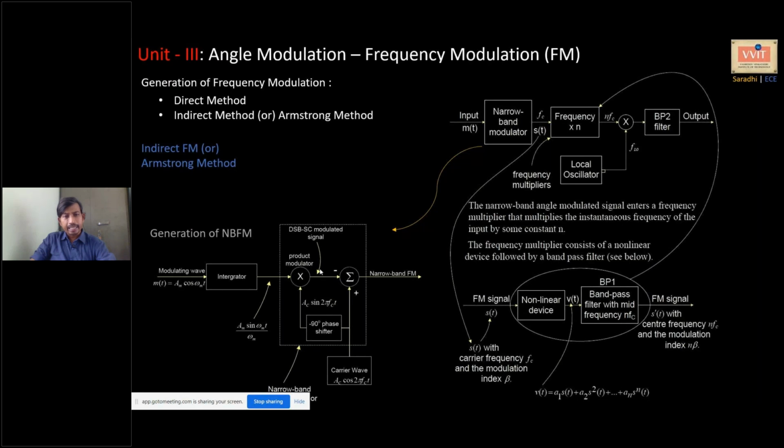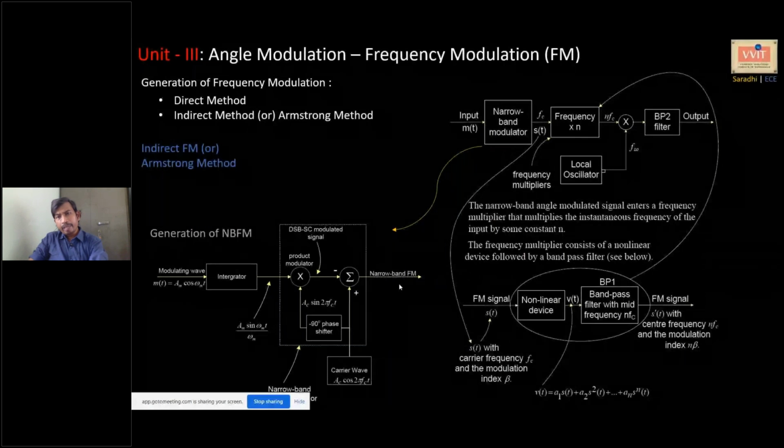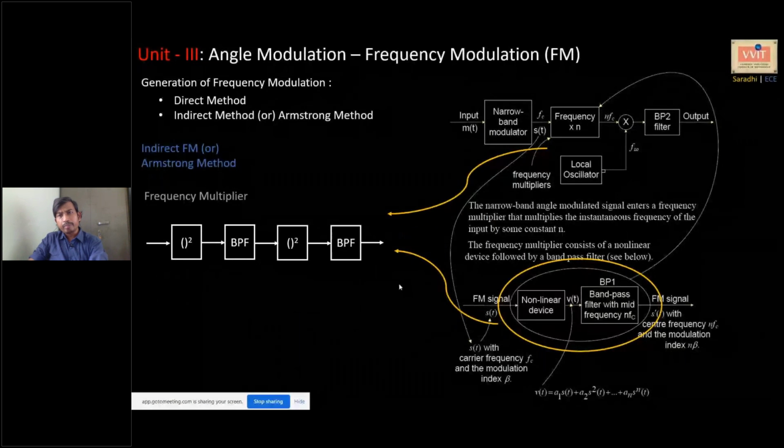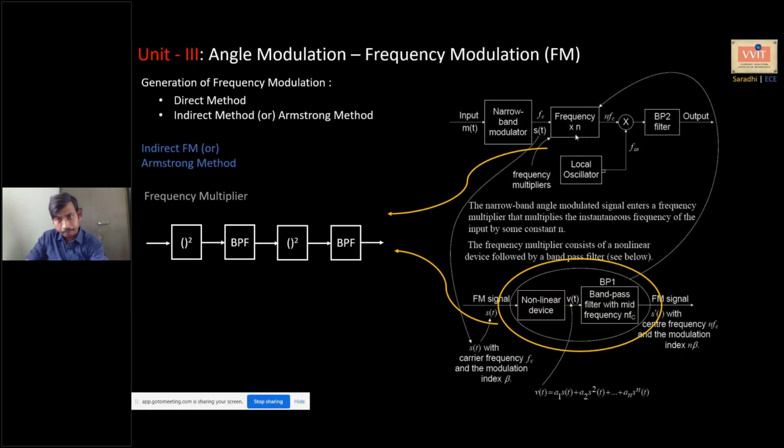So if you substitute the sine a sine b formula, you will be getting cos a minus b minus cos a plus b, and that is being added. Those are the next two terms of your narrowband FM equation, and those two terms you are adding to the carrier, so that you are getting the narrowband FM, isn't it? Now this is the narrowband FM that we want to convert into wideband.